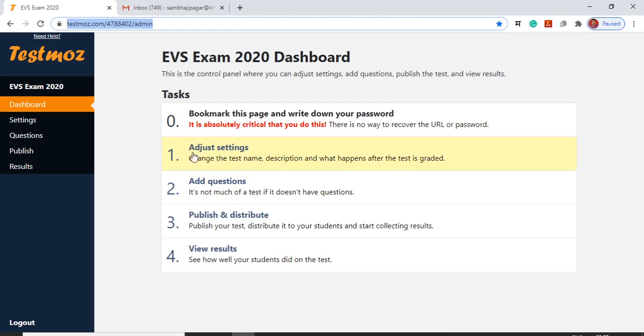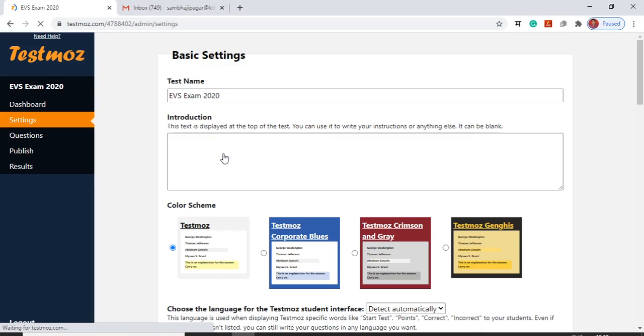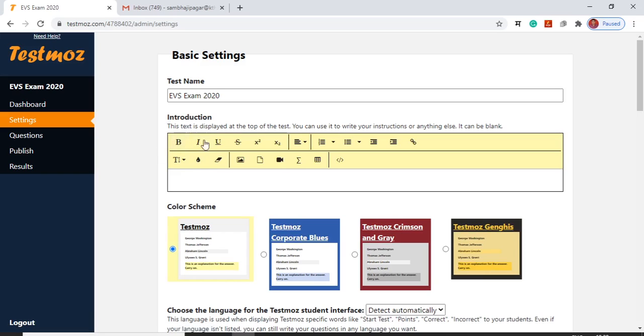Here we can see adjust settings, so we will click on adjust settings. So here we can add the introduction of your test. So I am adding the introduction of our test.